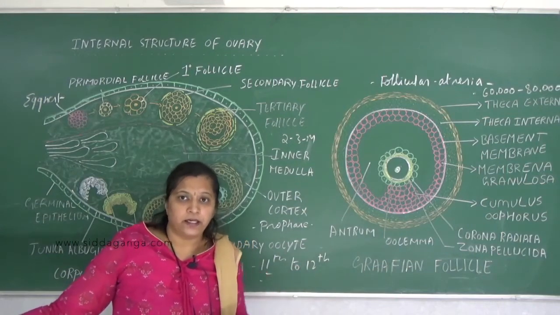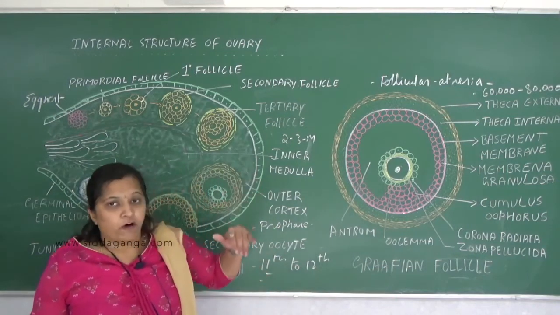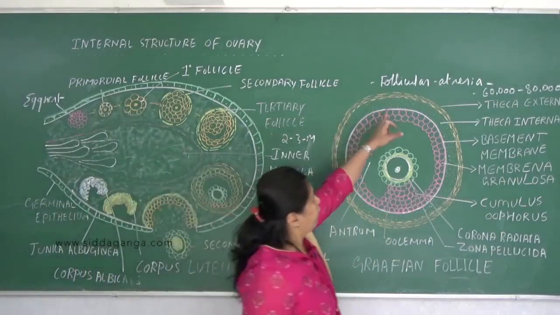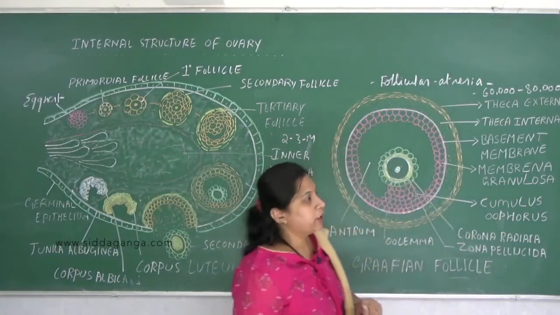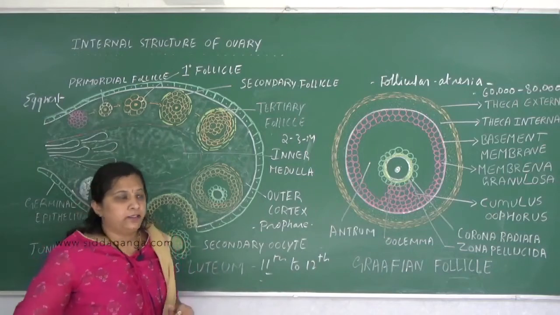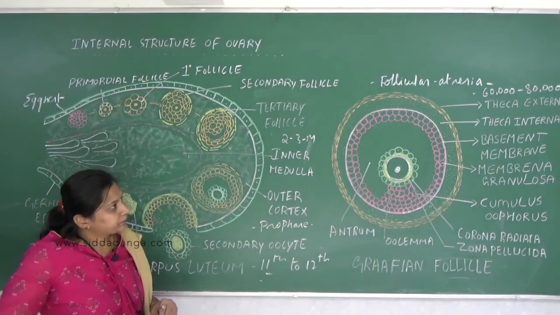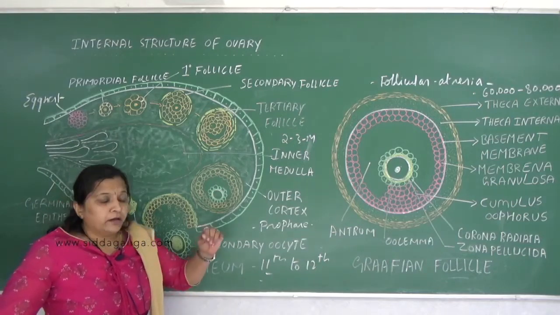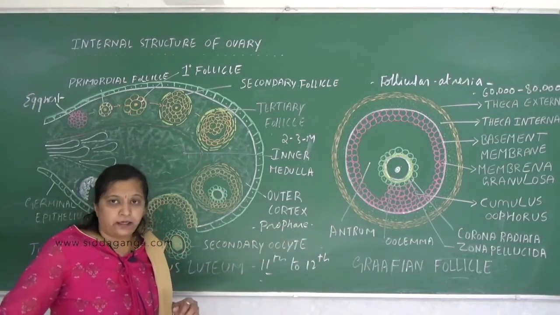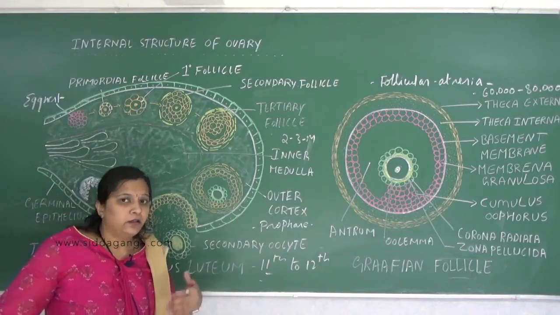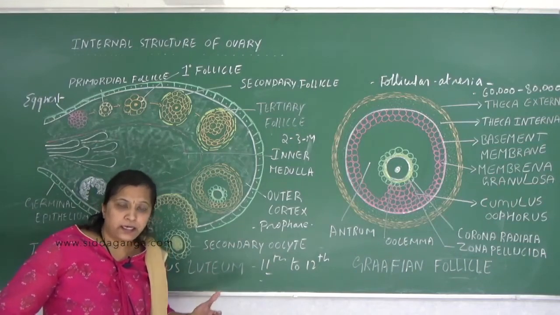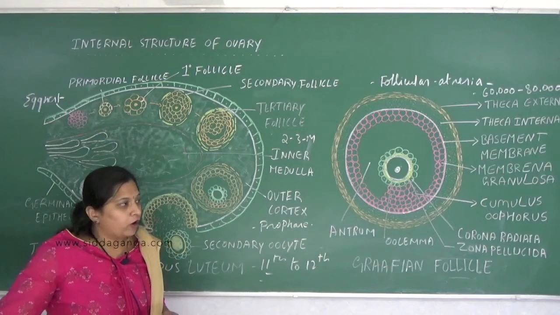Okay, so this degeneration of the follicles is called what? Follicular atresia. So what is the significance of this follicular atresia? See, the main significance of this follicular atresia is to limit the number of oocytes released by the ovary, because the